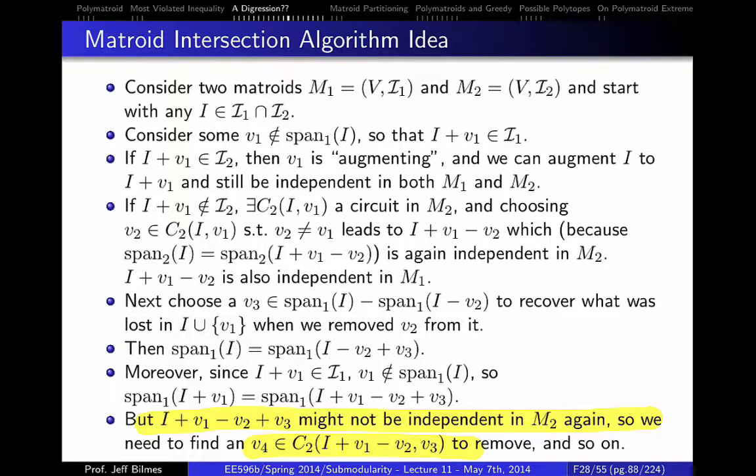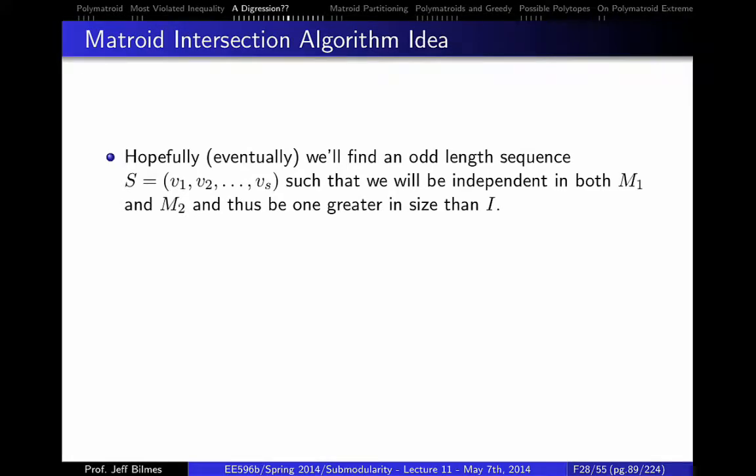And we keep going back and forth, which is exactly, like I said, analogous to the bipartite graph case. In fact, it's exactly what we did in the bipartite graph case in terms of a matching, but now we're doing everything in terms of properties of the matroids, namely whether or not things are independent. So hopefully, eventually, we'll find an odd length sequence that will be,